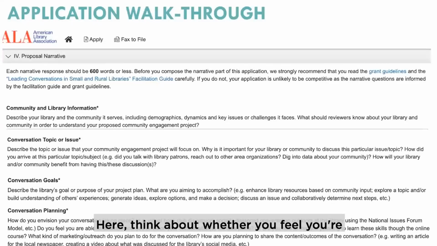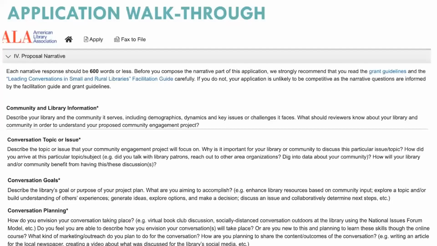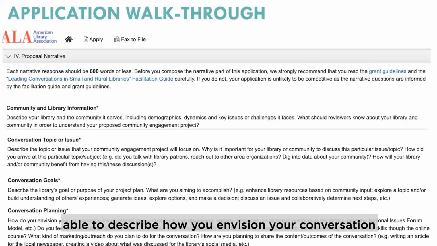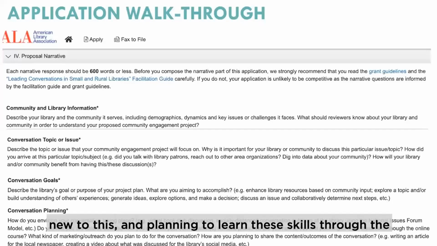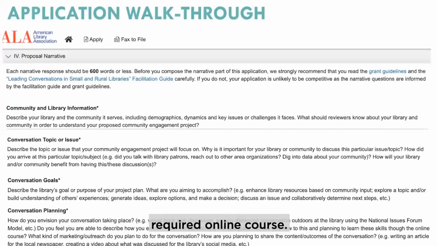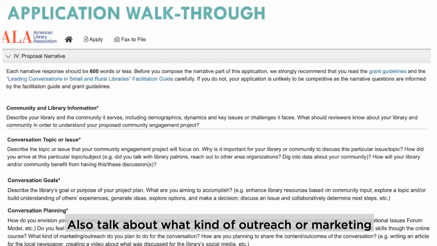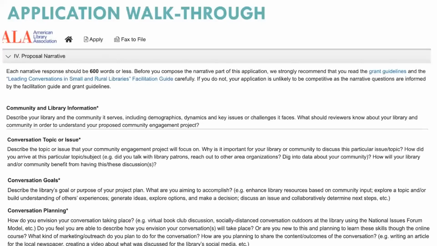Here, think about whether you feel you're able to describe how you envision your conversation will take place, or if you are entirely new to this and planning to learn these skills through the required online course, talk about that here. Also talk about what kind of outreach or marketing you plan to do for this community engagement conversation.